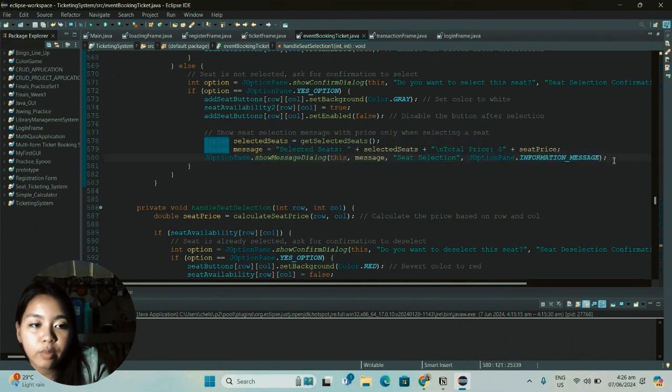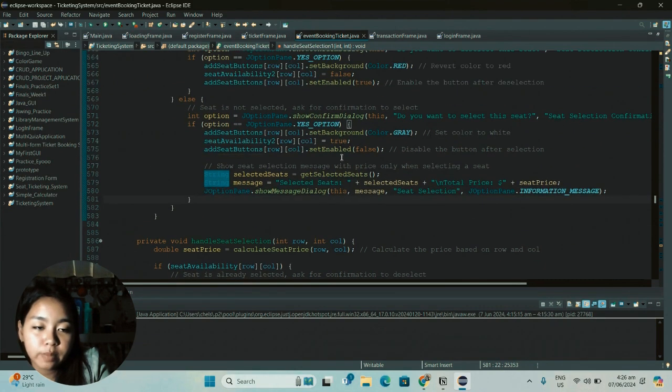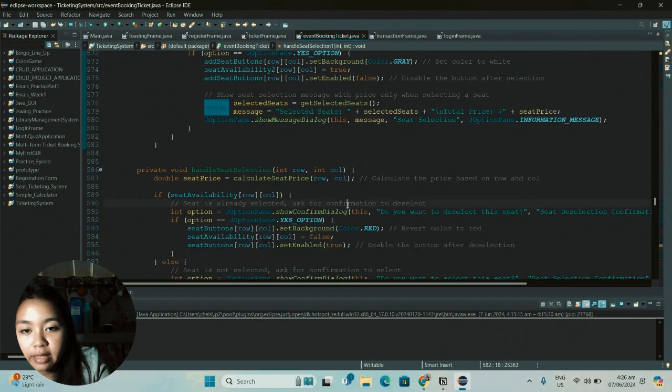When we select a seat, a JOptionPane will appear in the center, which will display the price of the seat that you have selected.